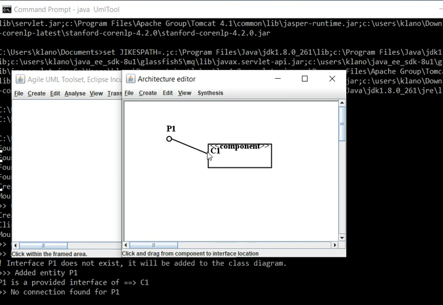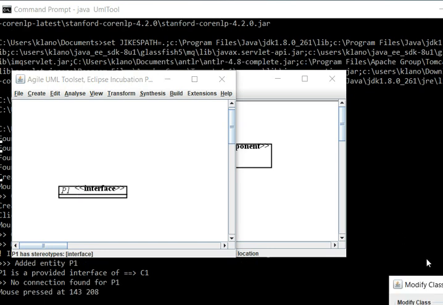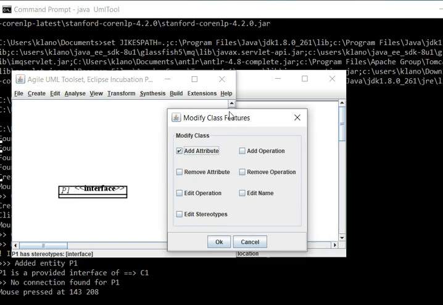Now that provided interface doesn't need to already exist. If it's not already existing, then it will be put into the class diagram as an interface here. And it's going to be an empty interface. Obviously I can edit that interface. I can add